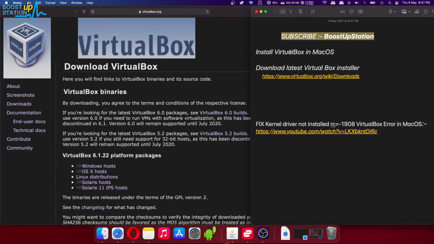Subscribe to Boostup Station if you haven't, and today we are going to install VirtualBox in macOS, and it works